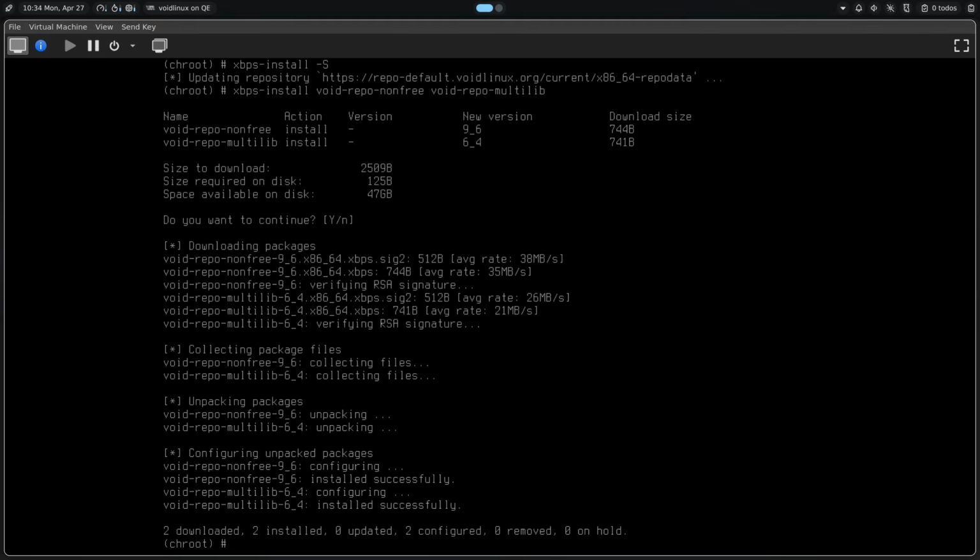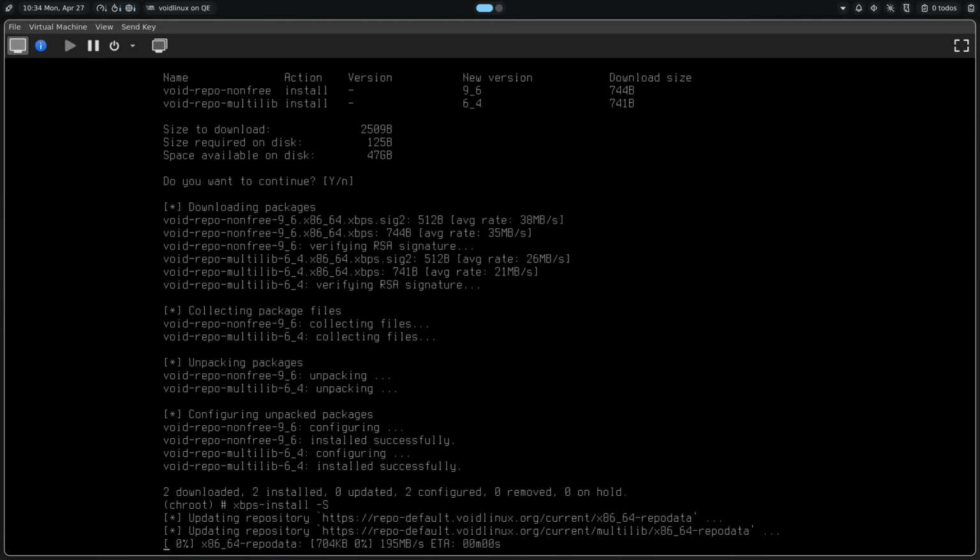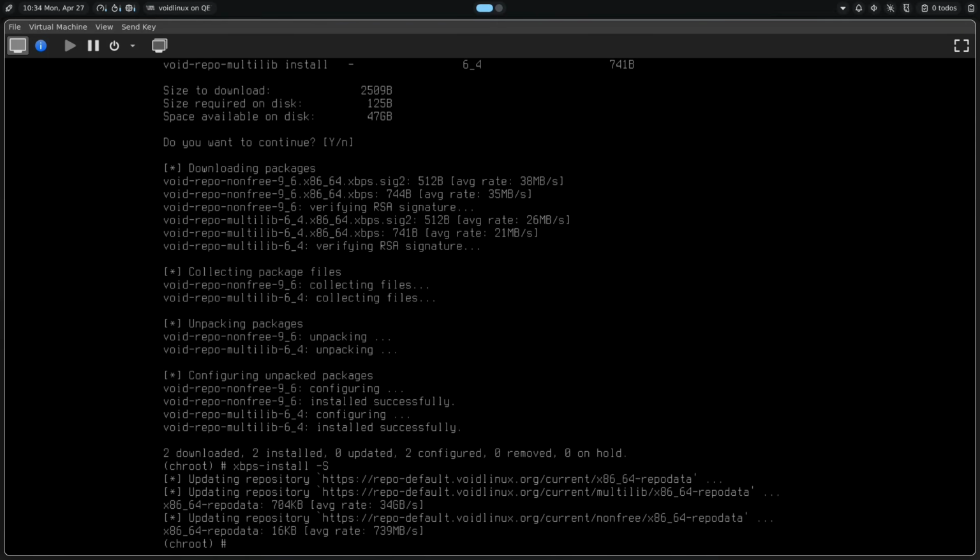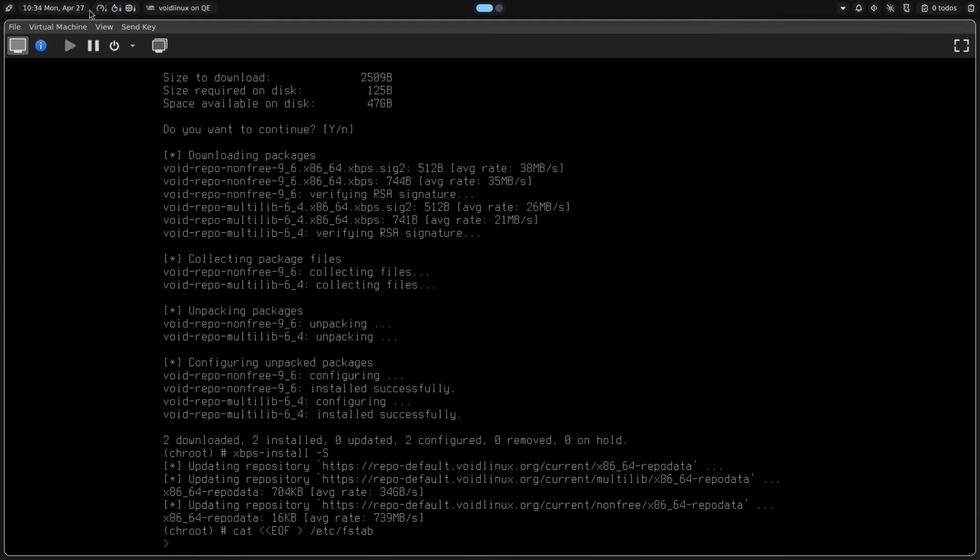And then we are going to run xbps-install -S to sync those repos as well. And once that's done, we are going to go ahead and create our fstab, whatever you want to call it. So what we're going to do now is we're going to cat, and we're going to put this into /etc/fstab. We're going to hit enter and we'll say UUID equals root UUID slash,